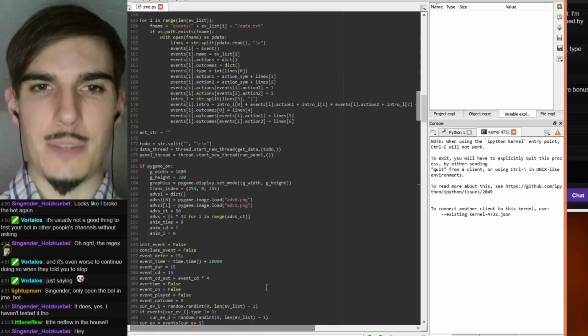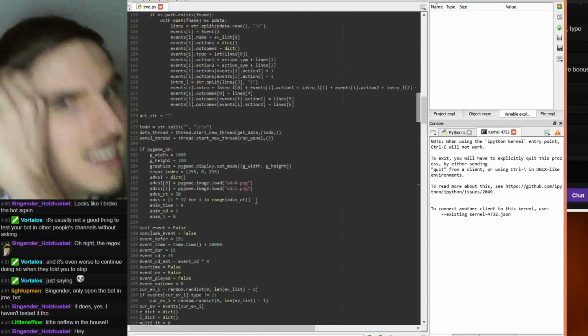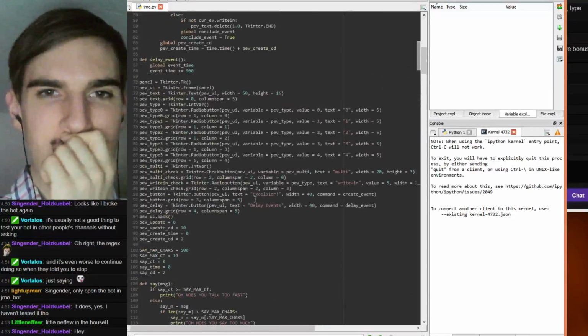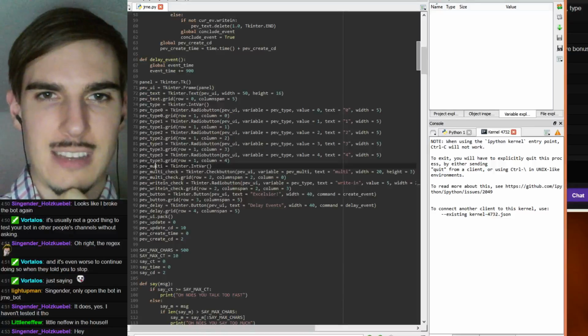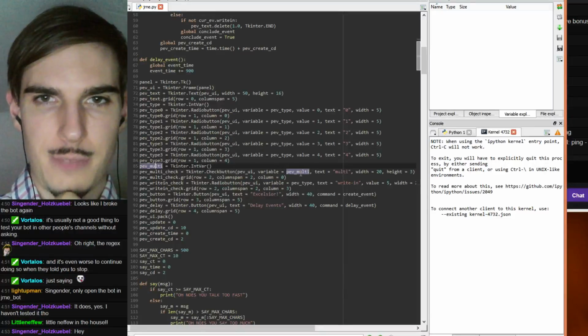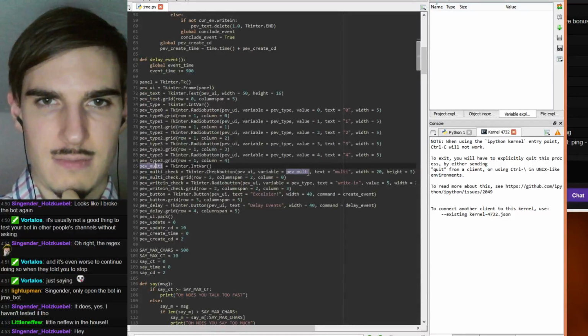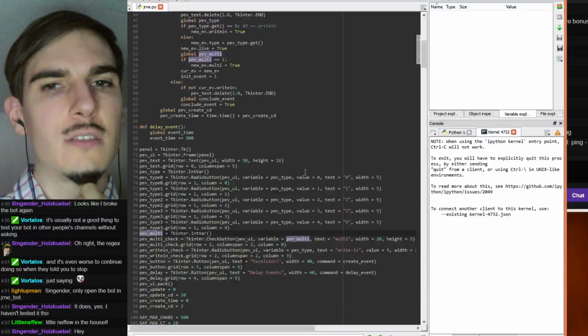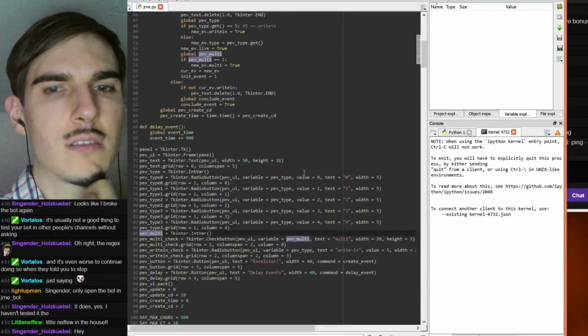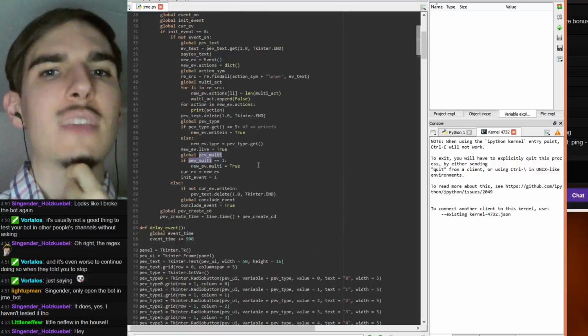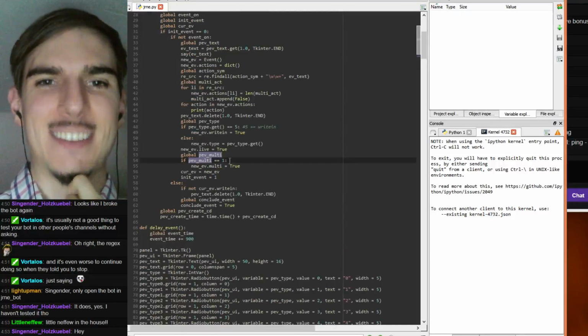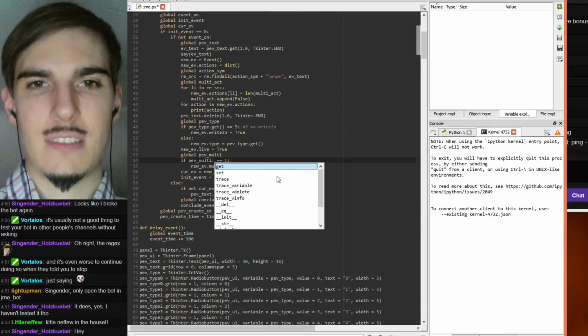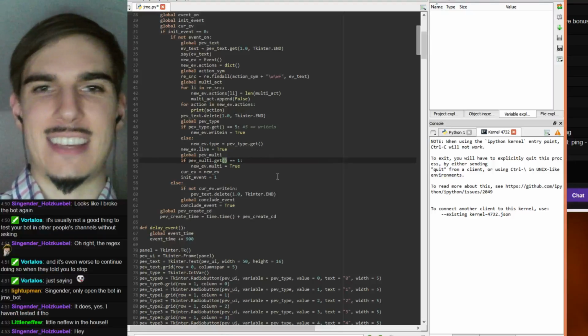Did I just hook up the multi-checkbox wrong? I guess I never really checked that, but pev multi, yeah. Oh, yeah, no, I know what I'm doing wrong. I did this wrong with the other thing, too.